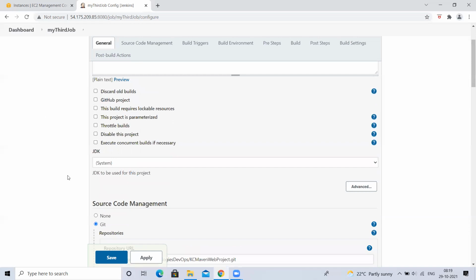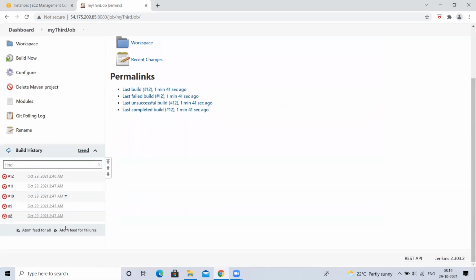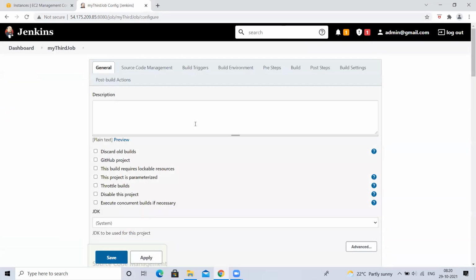Sir, just now you clicked build and 11 builds failed, right? It means 11 got failed, right, sir? Yeah. So if someone sees, they might think that he doesn't know Jenkins or what. So I want to remove all the failed builds and start again from first. Wait, don't be in a hurry. First listen to what I say, then you ask. Wait, man, I'll show you everything.